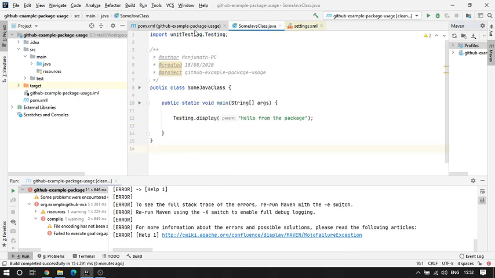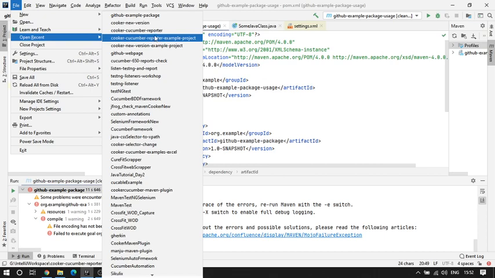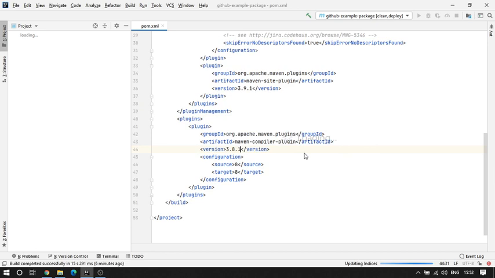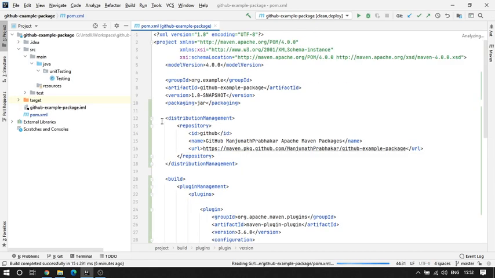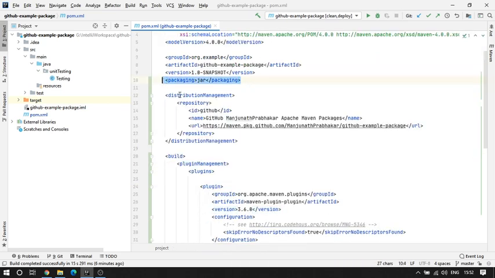Let me go back to my phone. Let me open that. Okay, I think I did not push the code after that. Yeah, I did not push the newer code, so that is why I did not see all these entries in GitHub. If you can see, I've added jar packaging. This is going to package it as a jar file, so you can utilize it in your other projects.